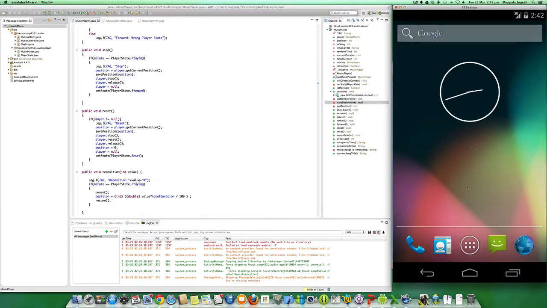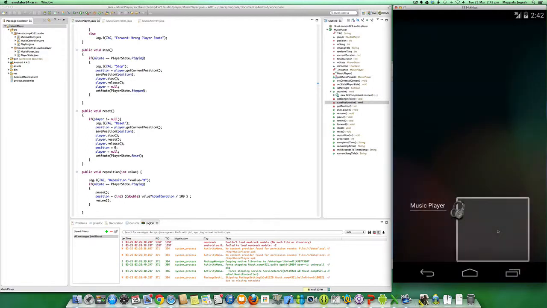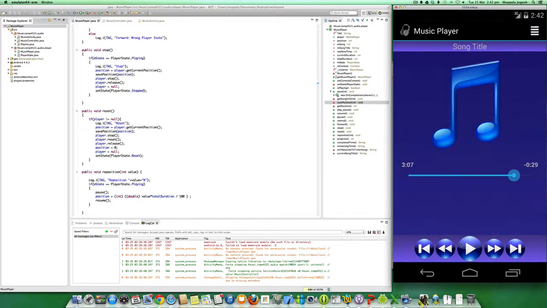Okay, now the other problem that you noticed is that once I remove my user interface, I don't have any way of easily getting back to the user interface other than the method of clicking on my running apps and then clicking on the music player. Instead, we will take the advantage of making use of the notifications that are supported in Android in order to support easily getting back to the user interface when I